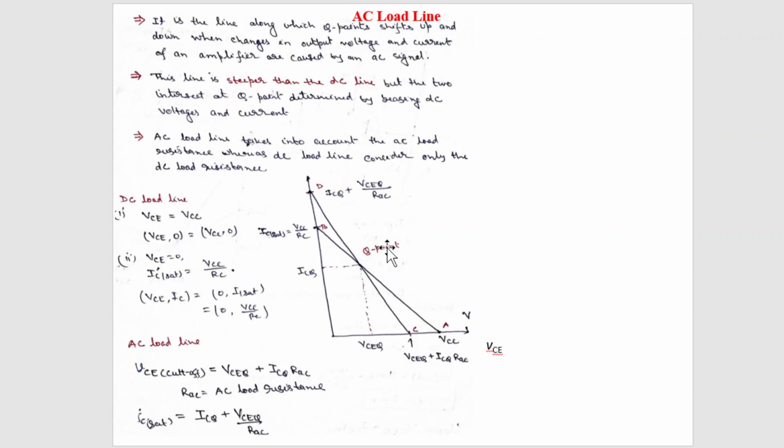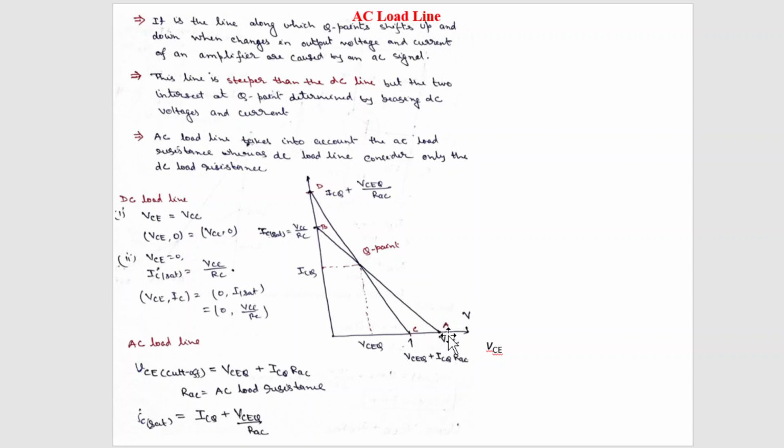So always, that is for common emitter transistor, whatever configuration we are using, whether it is fixed bias, emitter bias, voltage divider bias, collector feedback, emitter feedback, emitter follower, common base, whatever transistor configuration you are using, this theory is valid for all configurations. So the end point is always VCE equal to plus VCC.